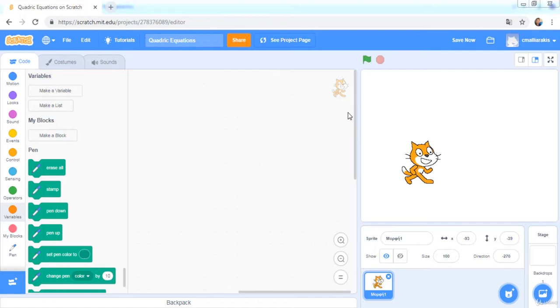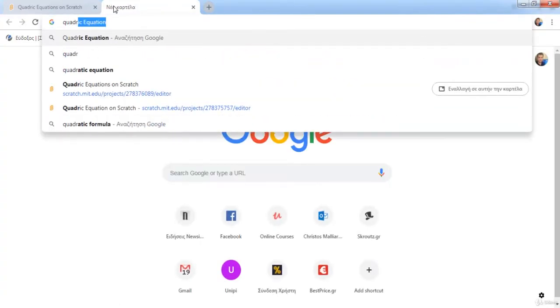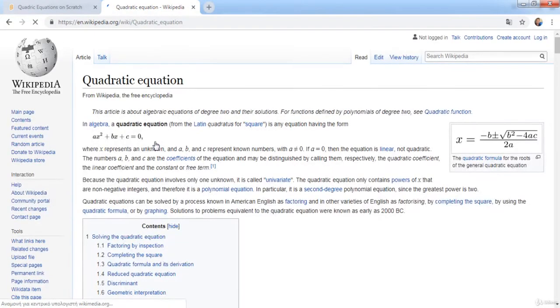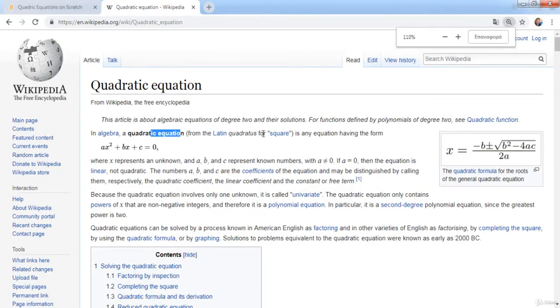Guys, welcome back. Now in this lesson we will see how we can solve quadratic equations. So let's see what is a quadratic equation. According to Wikipedia, in algebra, a quadratic equation, from the Latin quadratus for square, is any equation having this form. So x represents an unknown that we're trying to find, and a, b, and c represent